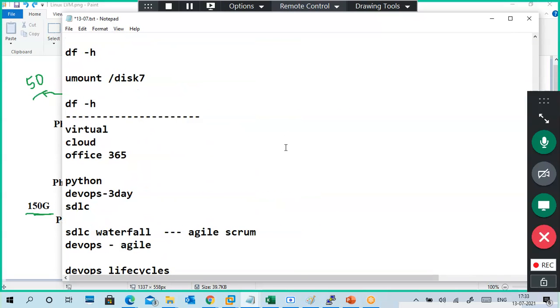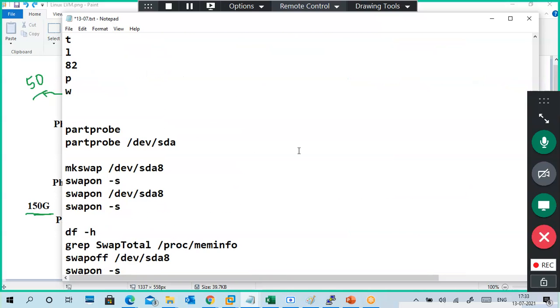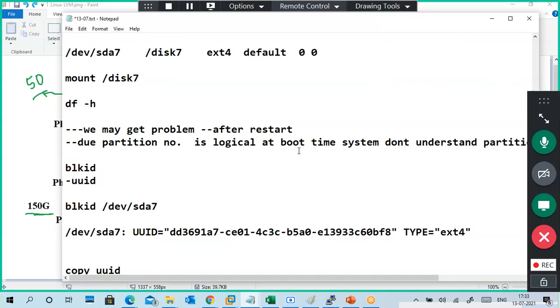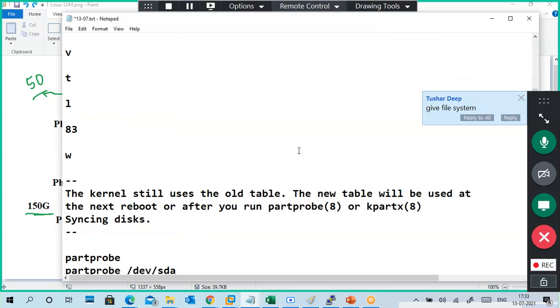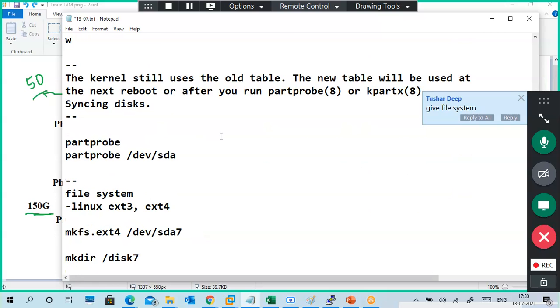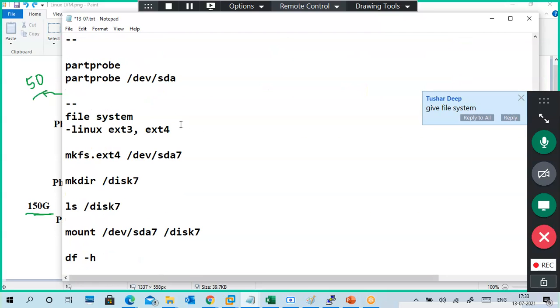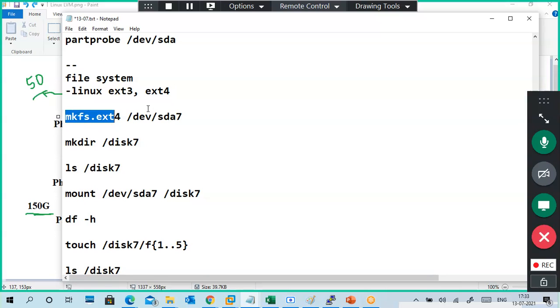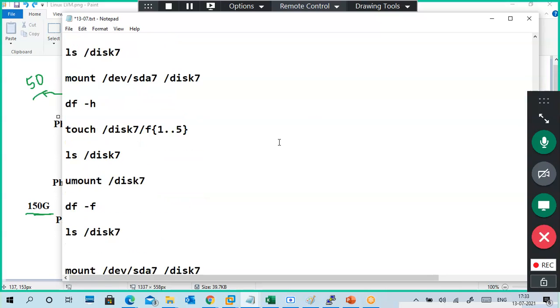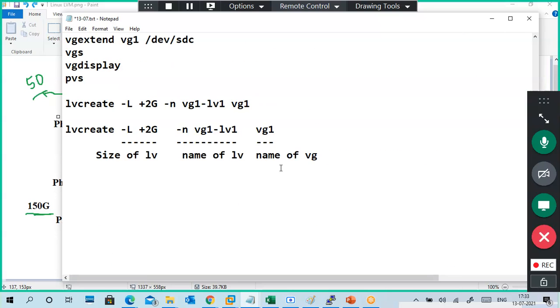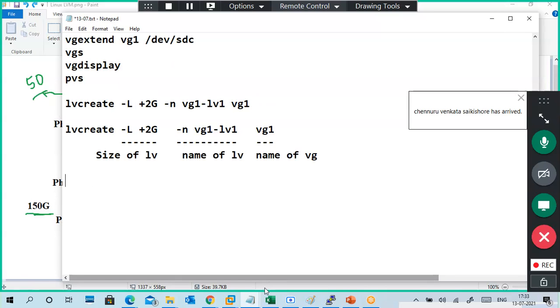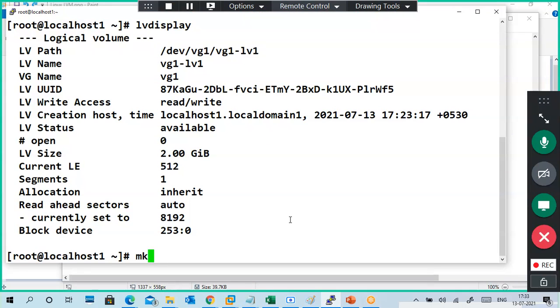We created a volume, right? Yes, give a file system. Good. Okay, what to do? Make a file system. You have to make a file system. Good. Finally, okay, mkfs.ext4,